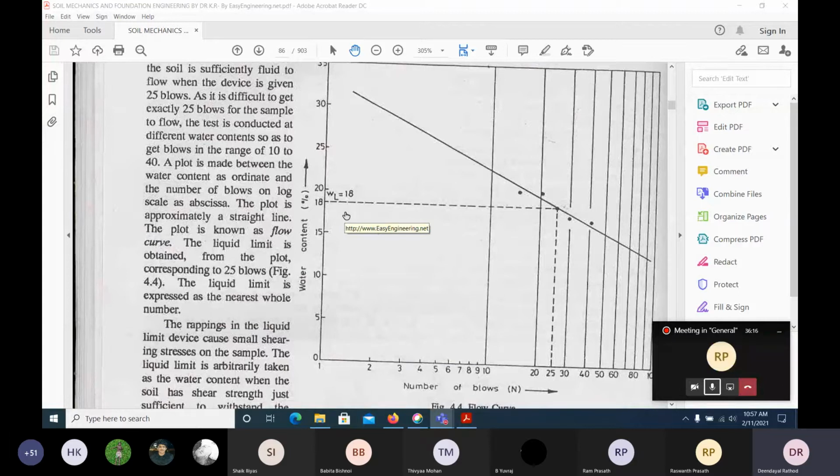Understood? What we are doing is, by using the Casagrande apparatus, we are finding it, because exactly we cannot find it. How do we know that at 25 number of blows it will join? We don't know, right? It won't join. Either there is a chance of adding more water, or there will be a chance of adding less water. That is very difficult to find out at 25 number of blows. That's the reason we are drawing the graph. So we are changing the water content, 2-3 water contents above the 25, 2-3 water contents below the 25. Then we will plot a graph, and Casagrande says that at the 25 number of blows, whatever water content the soil has which will try to join, that particular water content is called the liquid limit.